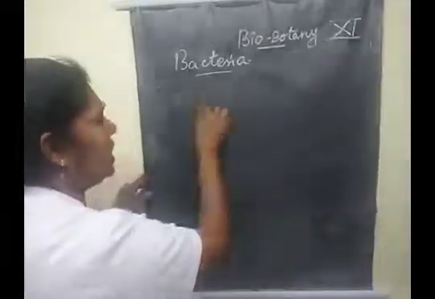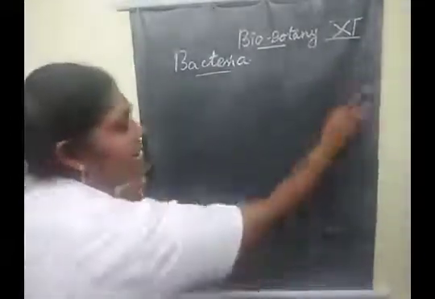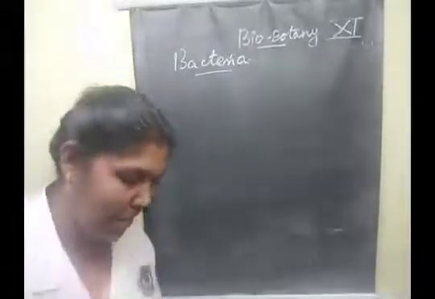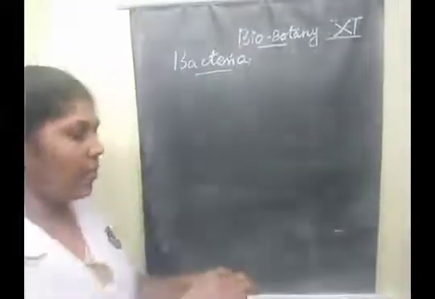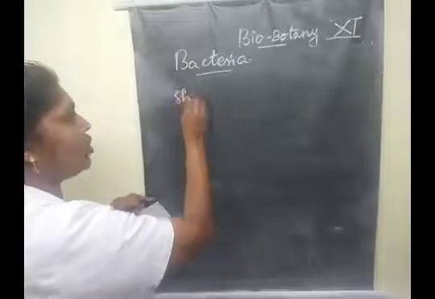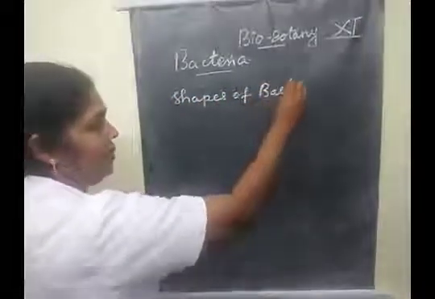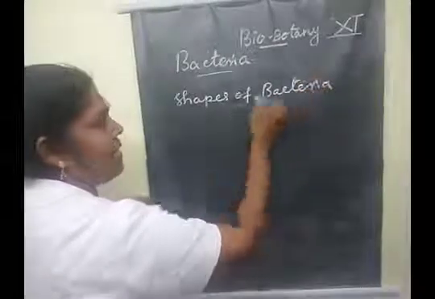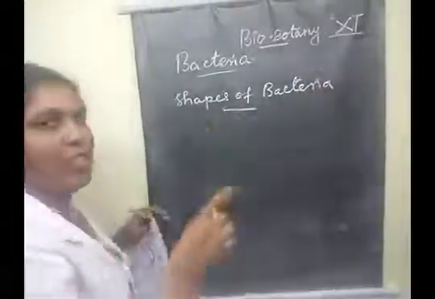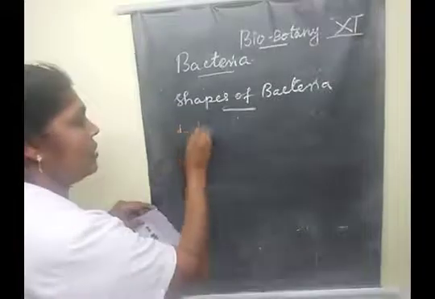Okay. The next one is shape of bacteria and flagellation of bacteria. First of all, what are the shapes of bacteria? Commonly they are given that 4 shapes, children. First one is